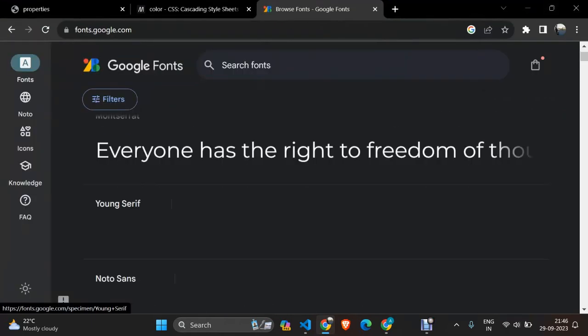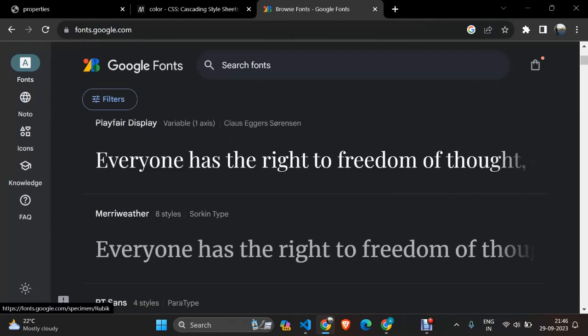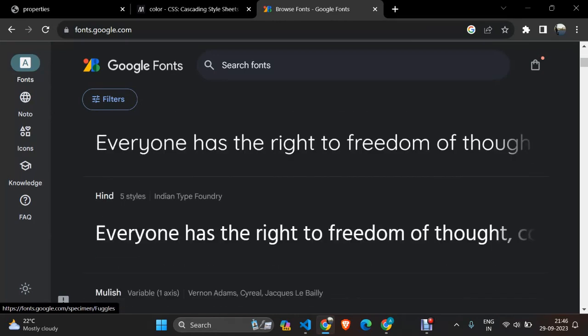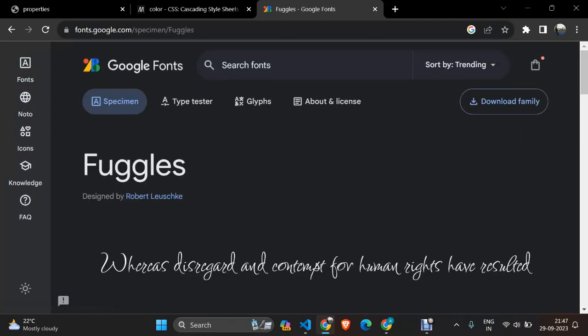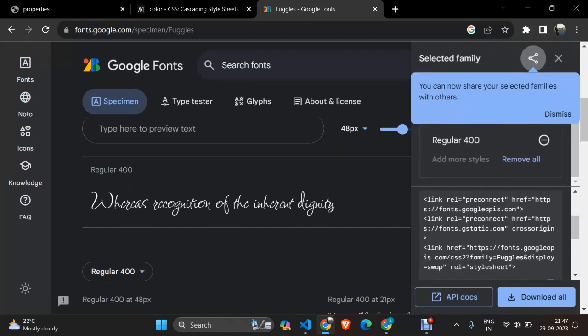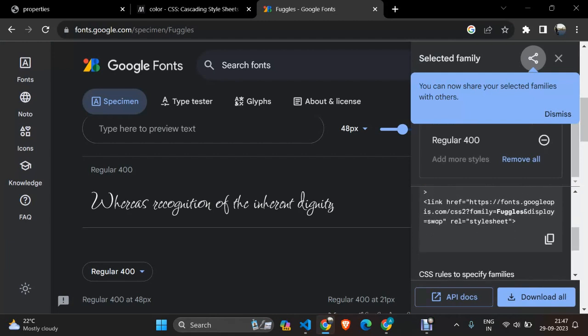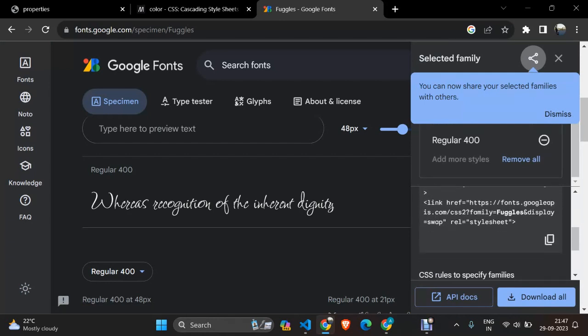So you can select any font you want. Let's say all fonts look the same, so let's say I want to use this font. Just scroll it down. Here there is a link. You just copy this link. See, there is a link for the style sheet. You copy this link